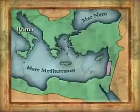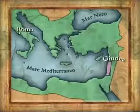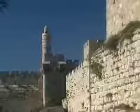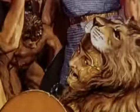Perhaps the two most famous Roman sieges both happened in what is now Israel. Judea, as it was known then, was conquered around the time of Jesus' birth, but the native Jews bitterly resented the Romans, whom they regarded as heathen. And when the Roman governor demanded money from the Jewish temple, open revolt broke out in 66 AD. After 3 years of fighting, the Romans finally surrounded the main Jewish stronghold of